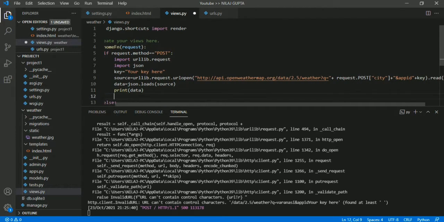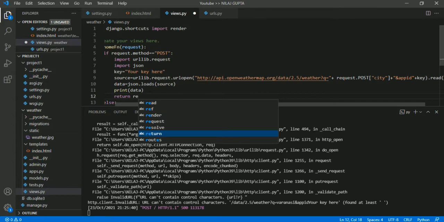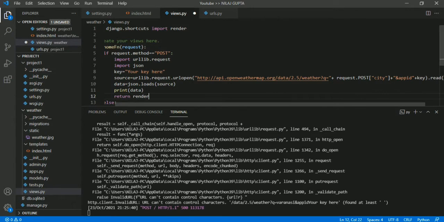Wait, return render request and index.html, and we will pass the data.